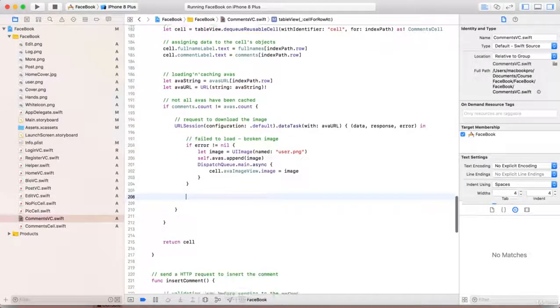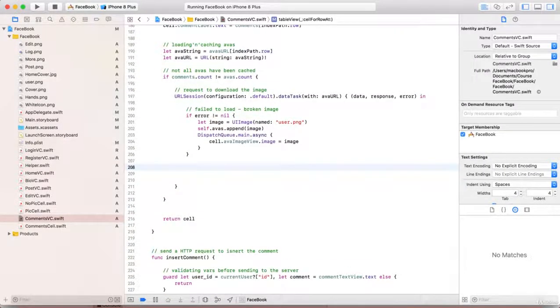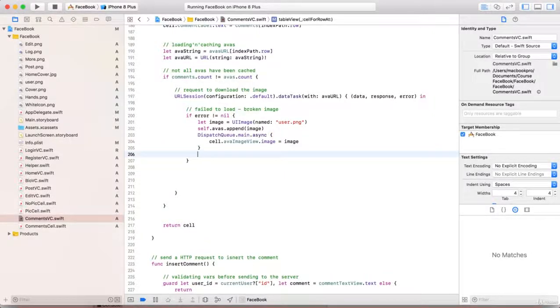Okay, we're coming out from the error block of code, and by the way, we need to return this here after we're coming out from the closure, so we will return this here. So, and another one where we have downloaded the image successfully,